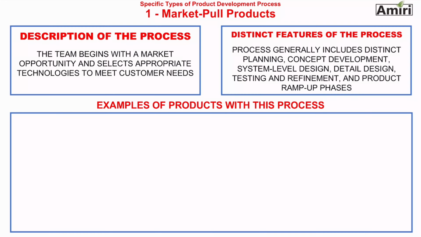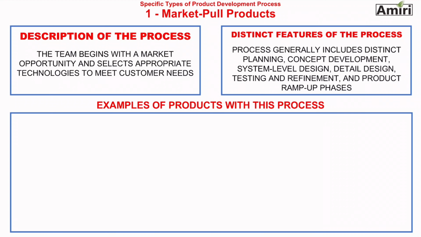We are starting with market pull products. This type of product starts with identifying a market opportunity. There's already a demand, and the goal is to find the right technology to meet that customer need and that demand. The development process follows a structured path: planning, concept development, system level design, detail design, testing, refinement, and finally